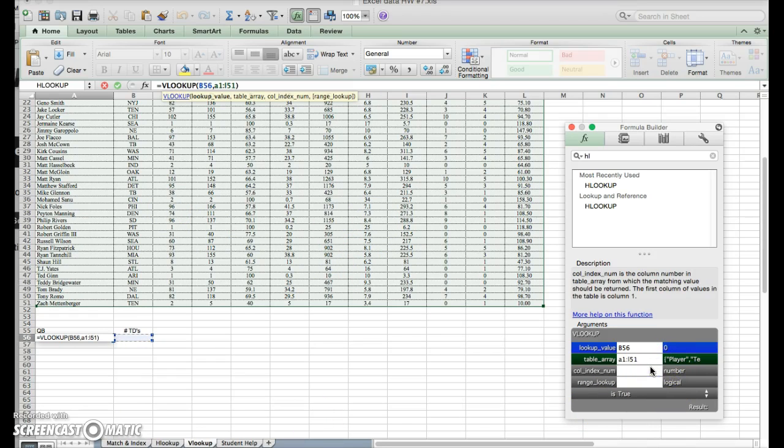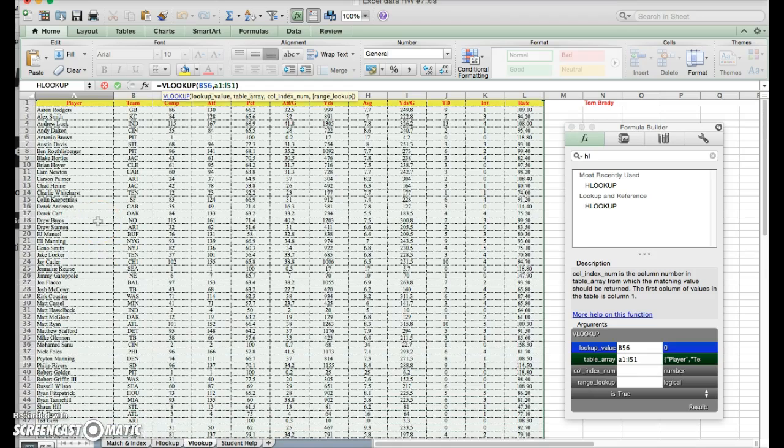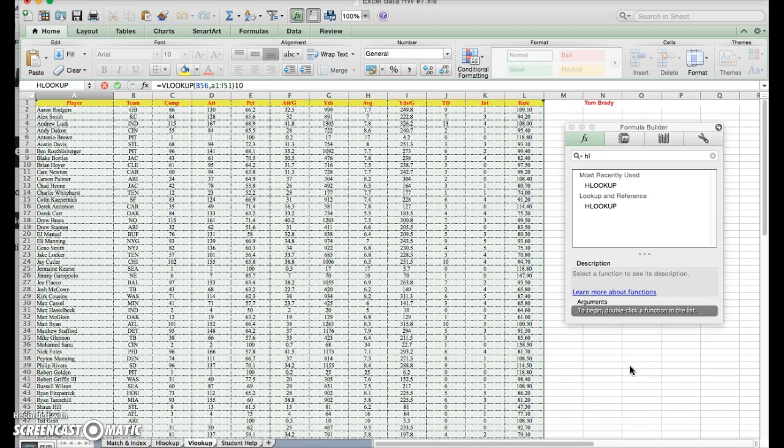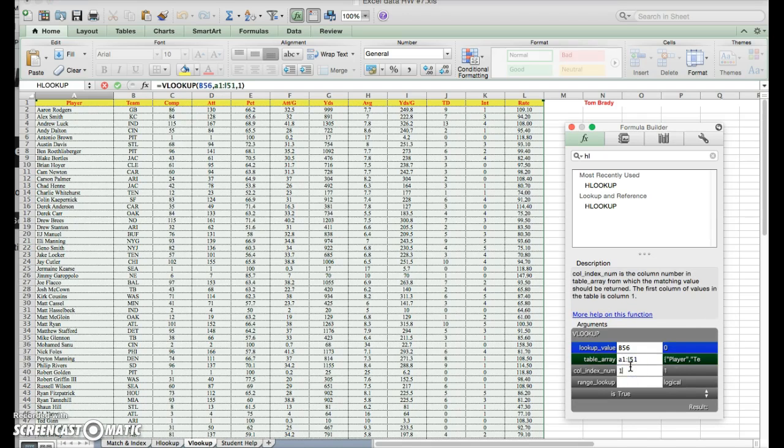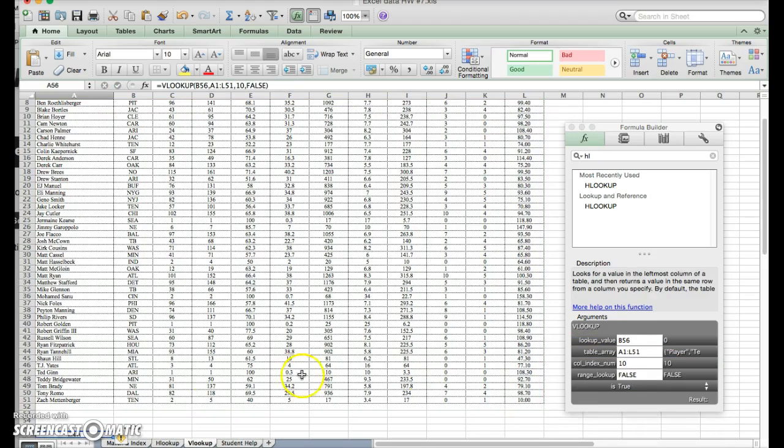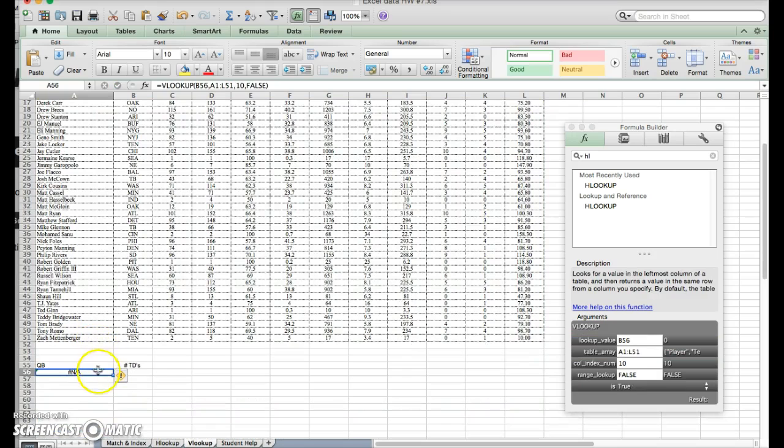And for the column index, for touchdowns, it looks like it's 10. 1, 2, 3, 4, 5, 6, 7, 8, 9, 10 for touchdowns. So it'll go 10 columns to the right. Oh, excuse me, 10. And then false just makes it exact, so you don't have any problems. Push enter. So NA comes up, but